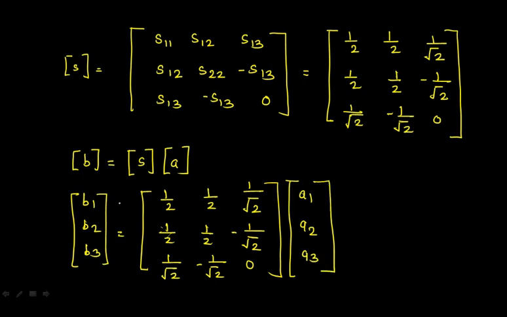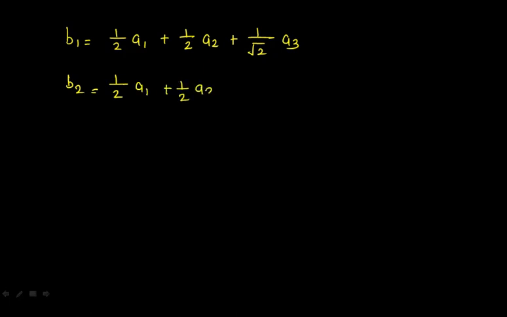Further solving this, I'll get B1 is equal to 1 half A1 plus 1 half A2 plus 1 by root 2 A3. So here I'll just write what I'm getting. B1 will be 1 half A1 plus 1 half A2 plus 1 by root 2 A3. What about B2? For B2 we'll get 1 half A1 plus 1 half A2 minus 1 by root 2 A3. And the next one